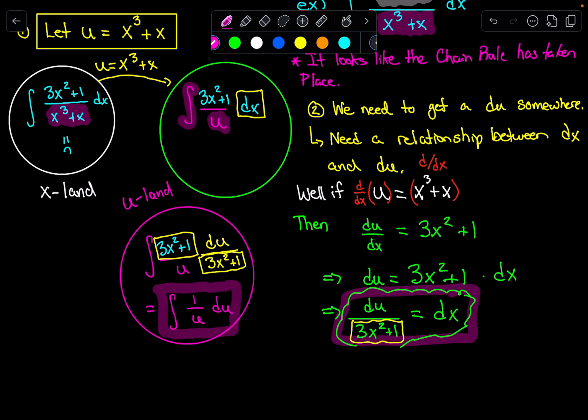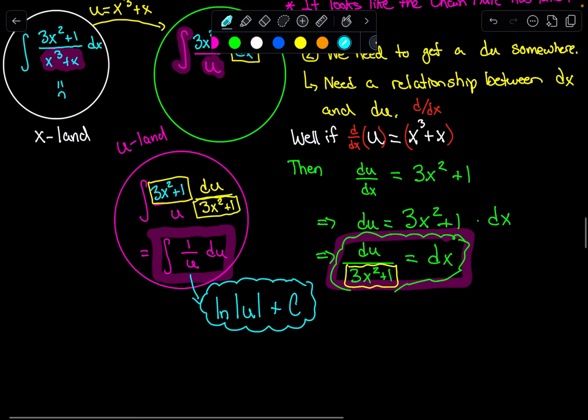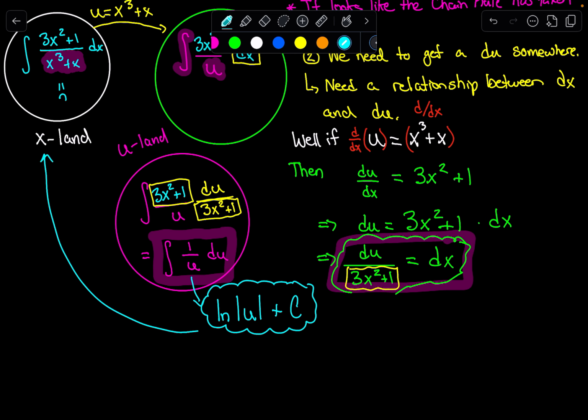And so what does this allow us to do now? Well, thankfully, last time I checked, the solution to this integral is just the natural log of the absolute value of u plus some constant c. And we have actually solved this integral. And so the very last step would be we just need to return back to x land. And we are just going to recall that our u was equal to x cubed plus x from earlier. And so that is going to get us our final answer